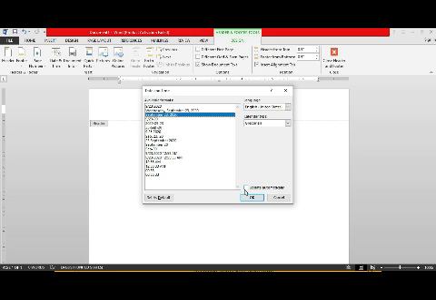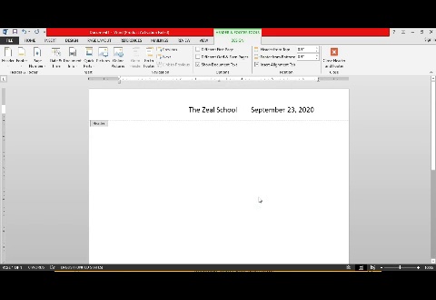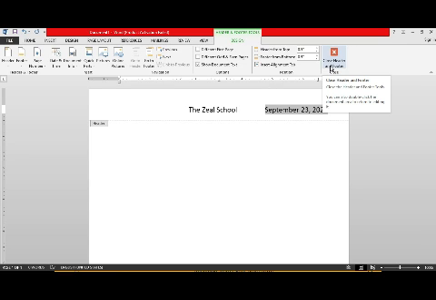Students, if you want to show the date when the document was printed, or if you want the date to change automatically every time you open the document, select the update automatically option and click OK. Now students, the current date or time will appear at the current cursor position. Click close header and footer in the ribbon or press escape key.